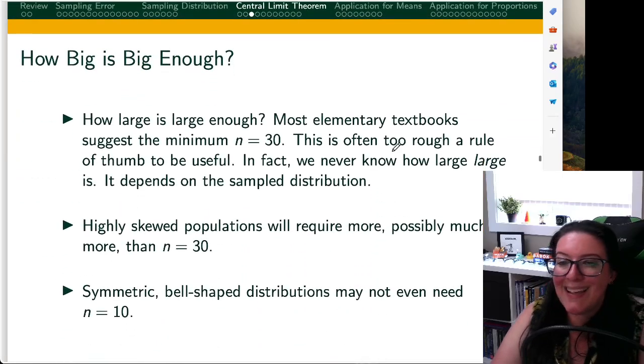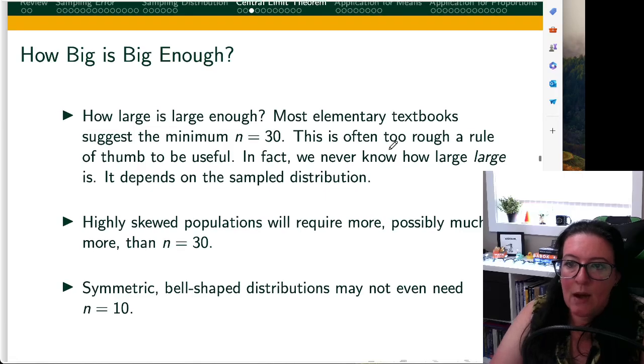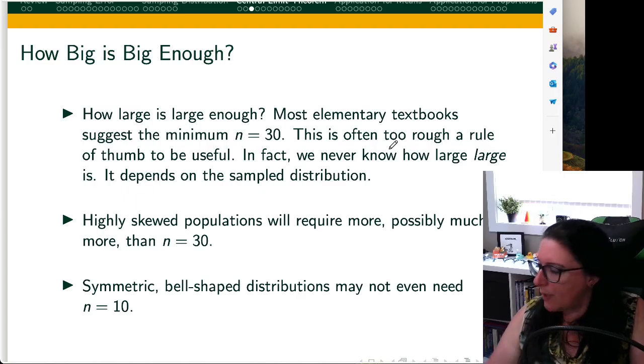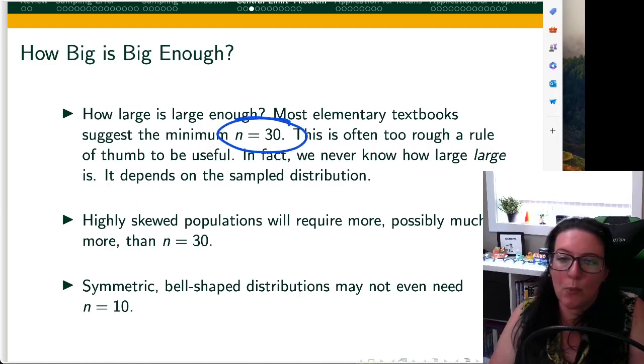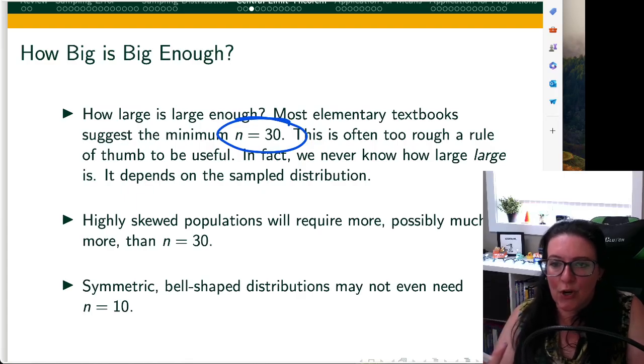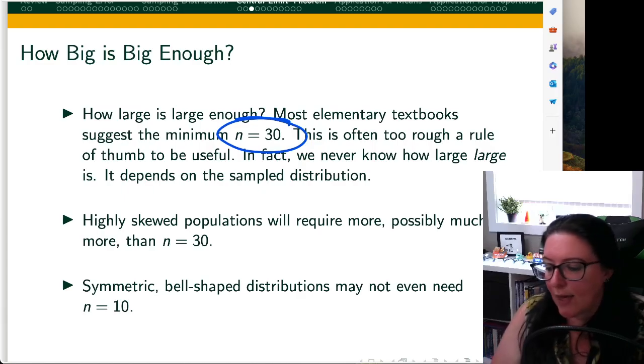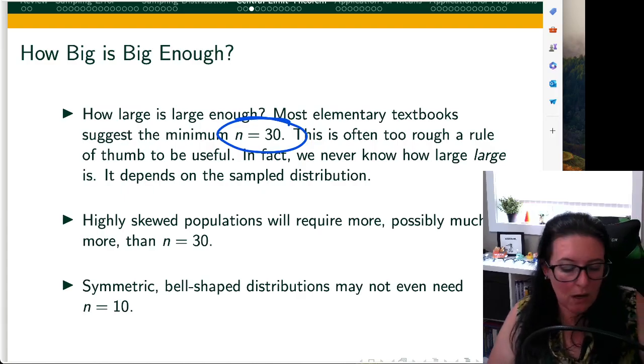So how big is big enough? Now, if you are reading an intro stats textbook, they will typically tell you the general rule of thumb is 30. So we think about this, what does this mean? This is essentially saying that if I am going to compare